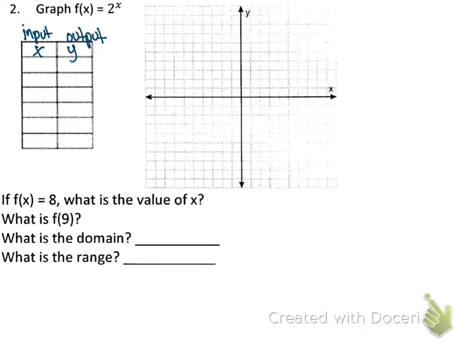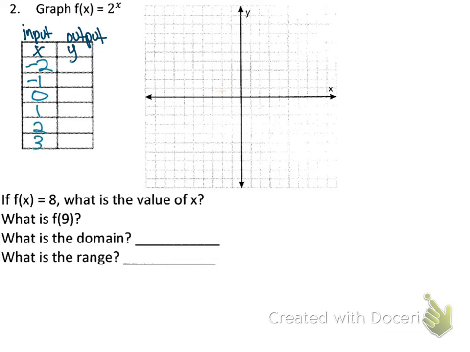We're going to graph the exponential function f of x equals 2 to the x power. We're going to do this using an input-output table or an xy table. We're going to choose some values for x, input those, and see what it gives us out as our y. All right, so I'm going to pick some x numbers. I'm going to pick a 0, a -1, a -2,